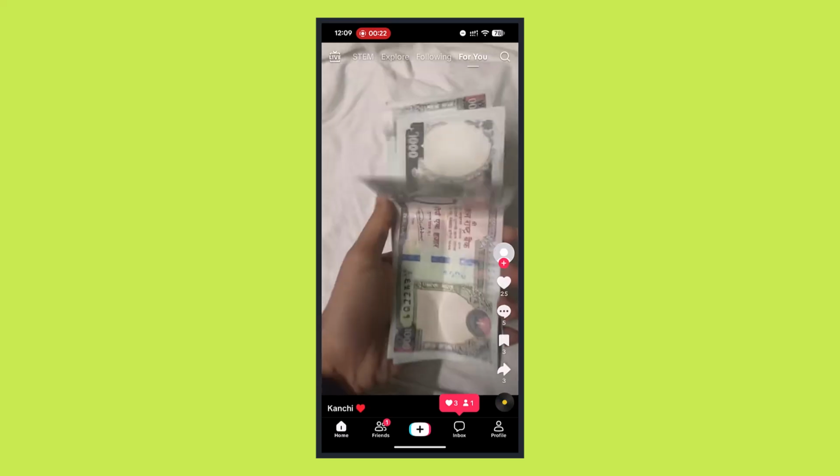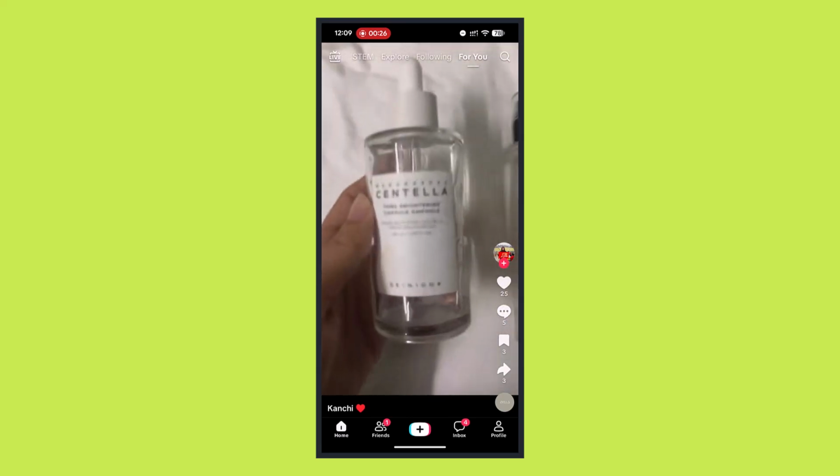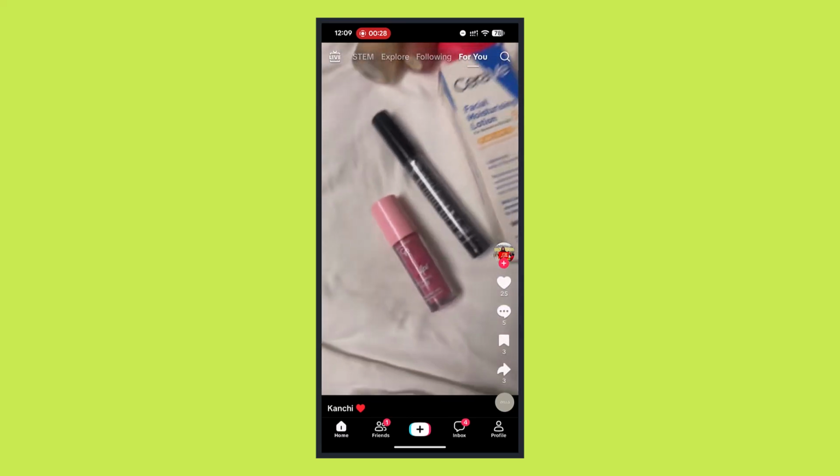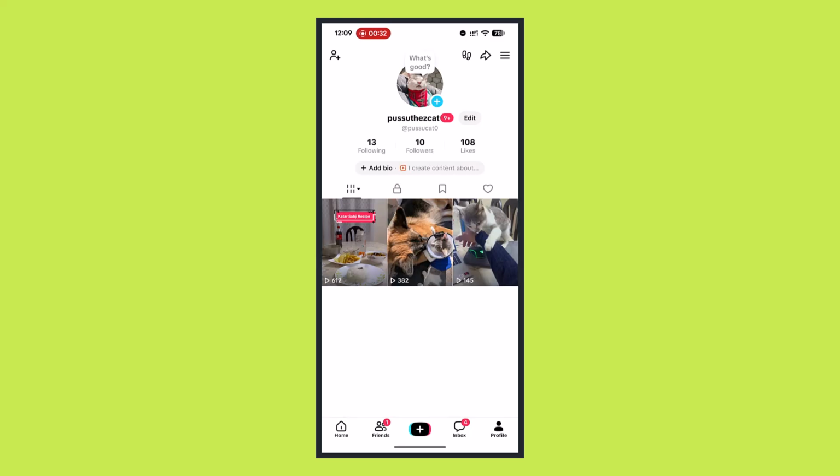And if you cannot see the live button, then it means you have to verify your eligibility. Now, in many cases, you have to be at least 18 years old and at least have 1,000 followers. If you don't have any of these options, then it can simply see that you're not eligible or fit for it. If you have 1,000 followers and you're also 18 years and above, you could just tap onto the menu